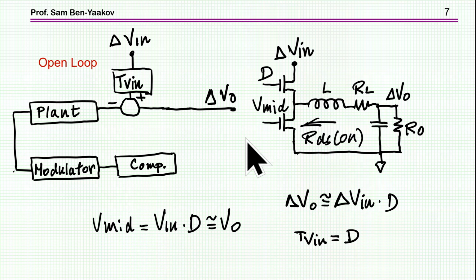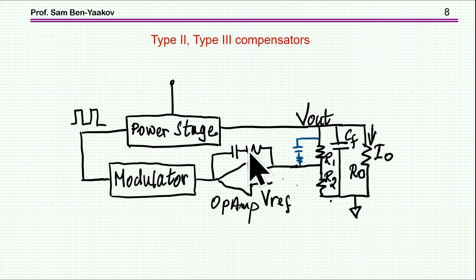So in general, we can say, with a very good approximation, that the midpoint is the duty cycle times V in, which is equal to V out, and therefore the change in V out is the change in V in times the duty cycle, and therefore this transfer function is in fact the duty cycle. So we have now the two transfer functions for the two disturbances, and the question now is, what is the